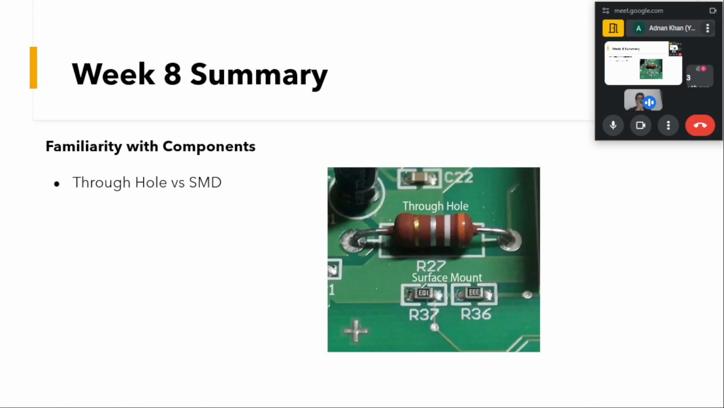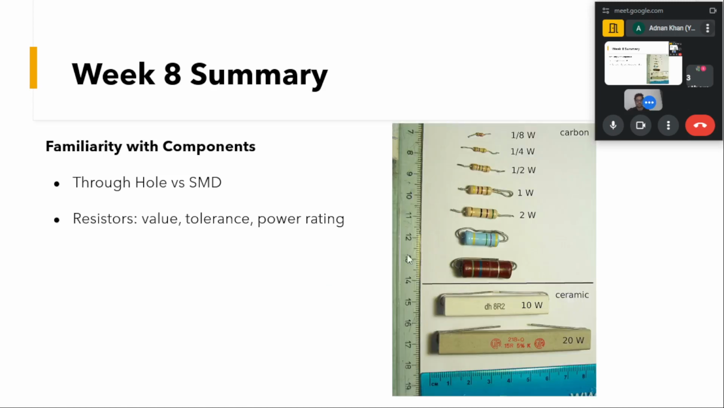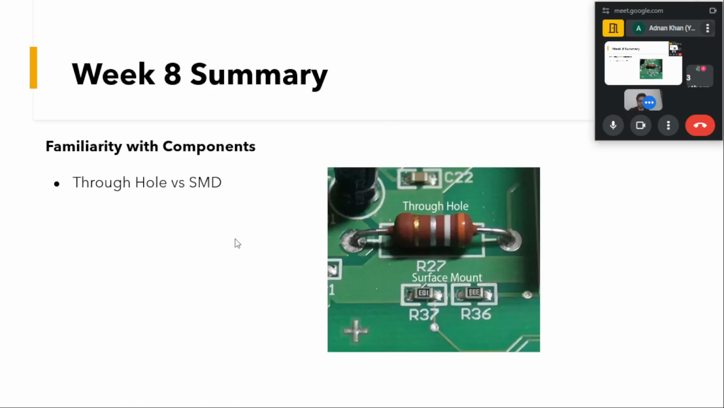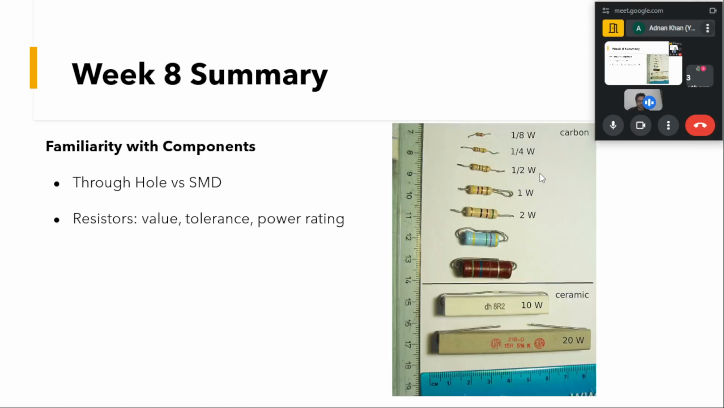And usually the parasitics for these through hole components are higher compared to these surface mount devices. And also, if you can see the footprint of these through hole devices, and if you can measure here,